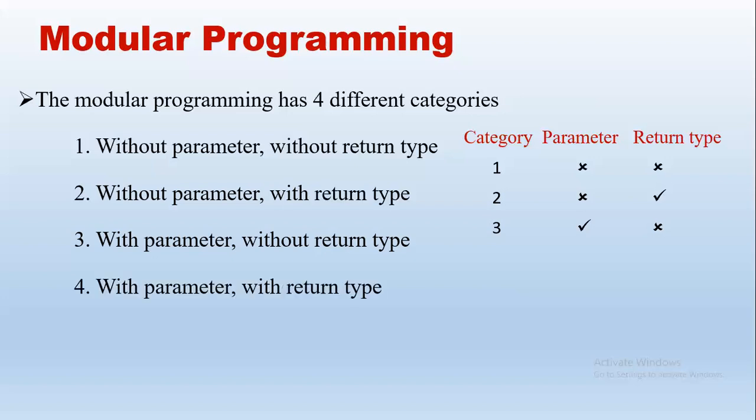The fourth category is with return type and with function parameter. So we have both parameters and return type. We take input in the calling function, say main, and then pass that as the actual parameter. It will be copied to the parameter in the called function as formal parameters, and we find the answer. The result is returned from the function to main, and there we specify the return type. So in the fourth category, we have both the parameter as well as the return type.